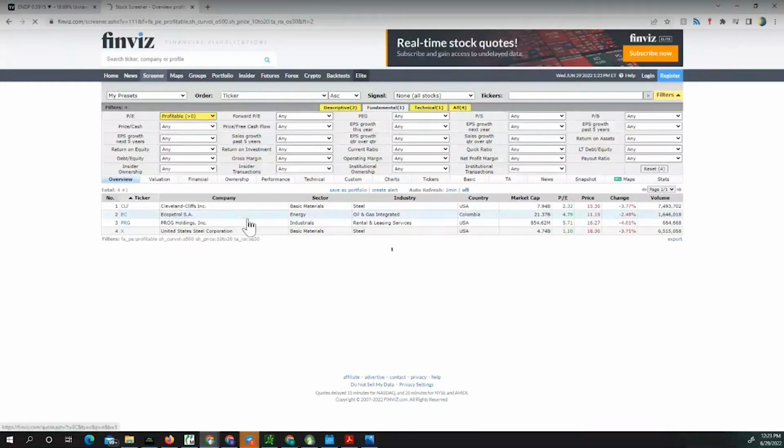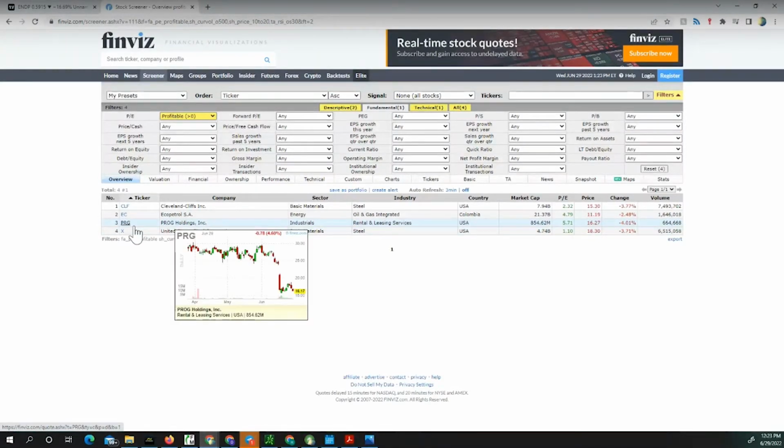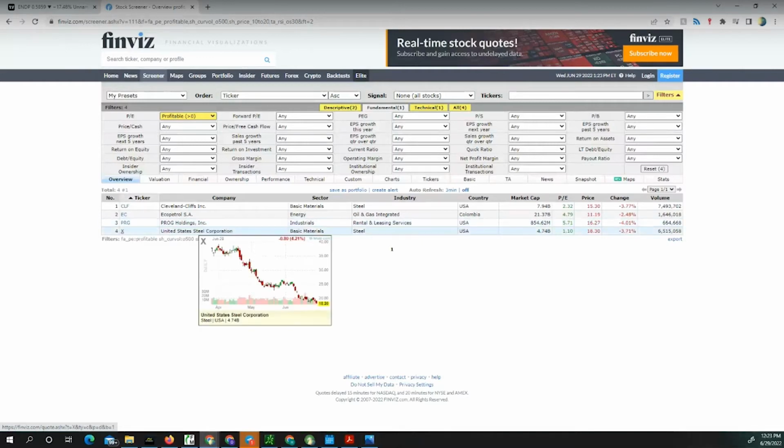So this is the point of screening, that you're taking from a list of thousands upon thousands of shares or stocks, and you're reducing it to a handful that will be now good for you to buy at whatever price it is. So let's take this as our